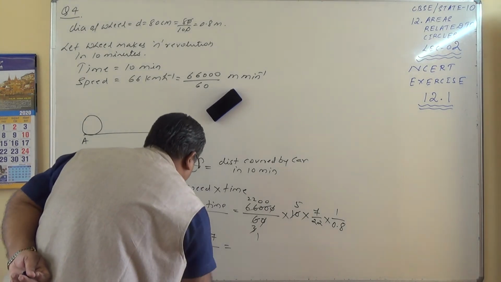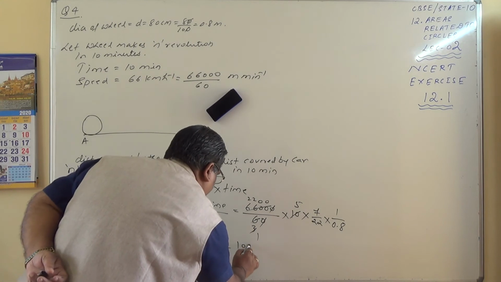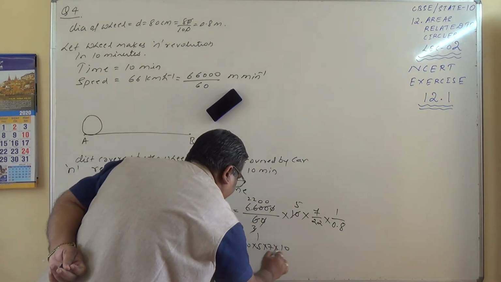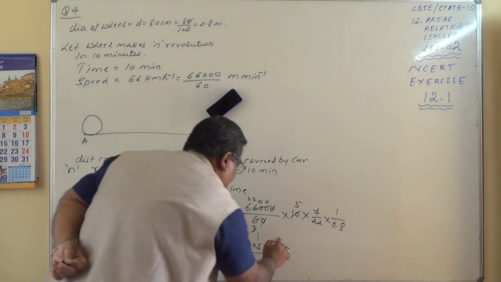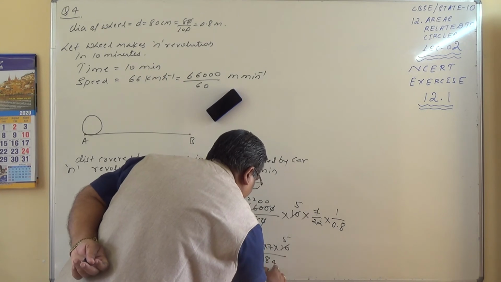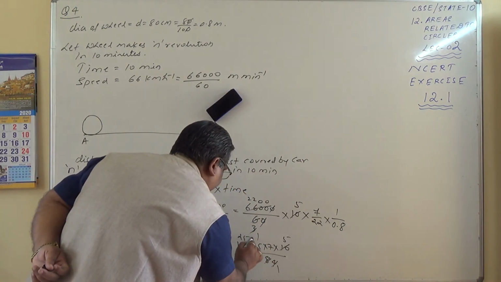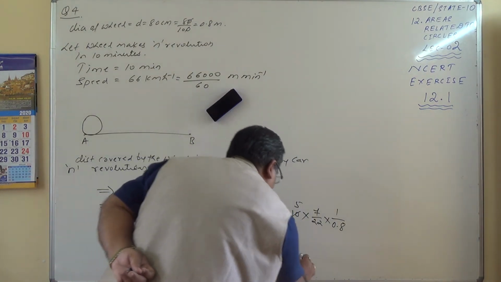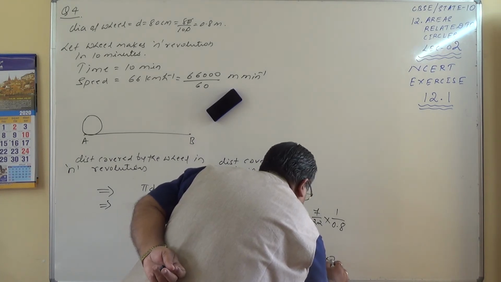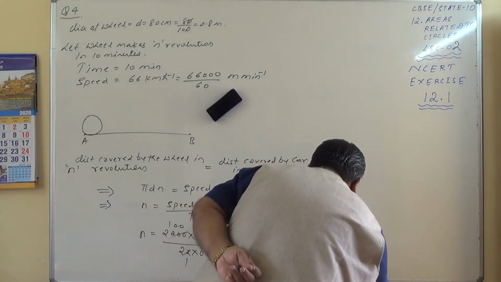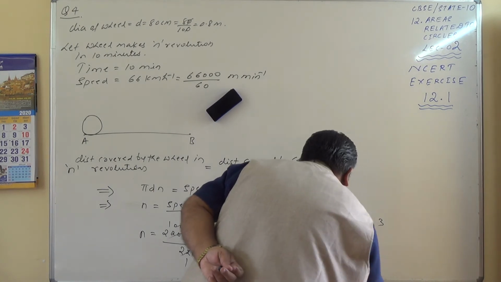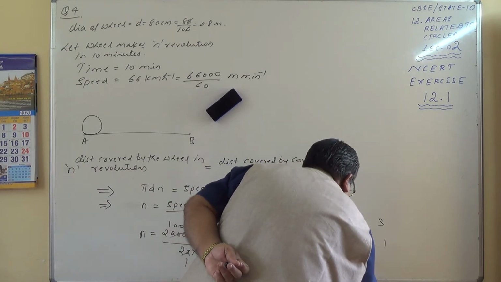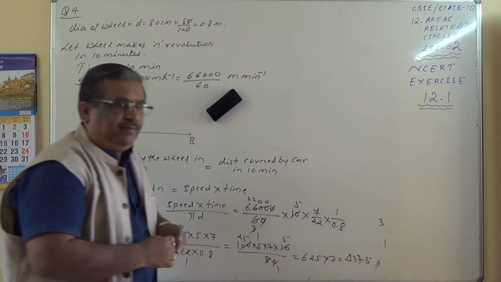Now this 0.8, which also can be written as 8 by 10, 10 divided by 8 I can take. So 100 into 5 into 7 into 10 divided by 8. So here 2 5s are, 2 4s are, 4 1s are 4, 25s are. So 25 into 5 is 125, 125 into 5 is 625, 625 into 7. So 35, 5, 3 7 are 14, 13, 7 ... 1, 42, 1, 43. 4375 rpm.